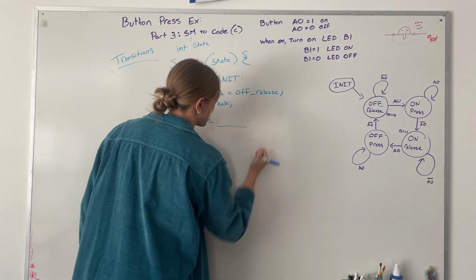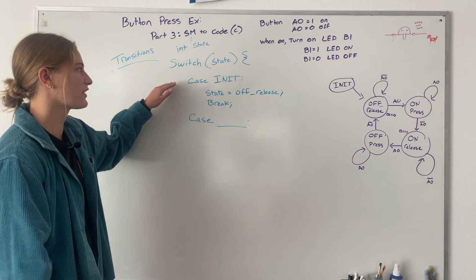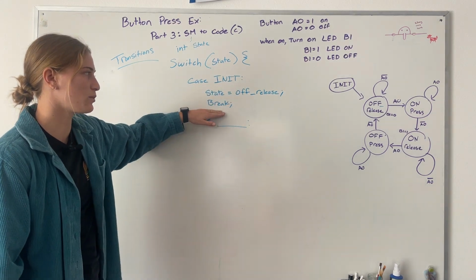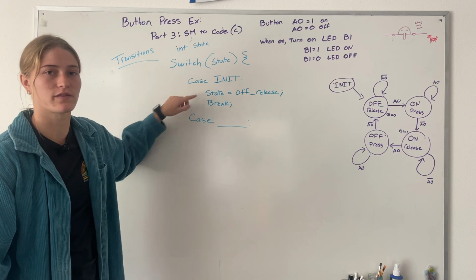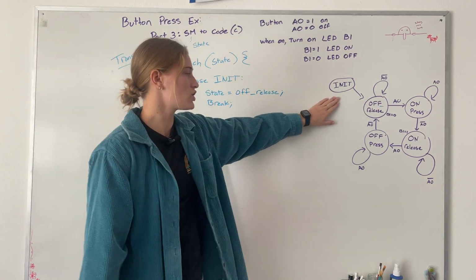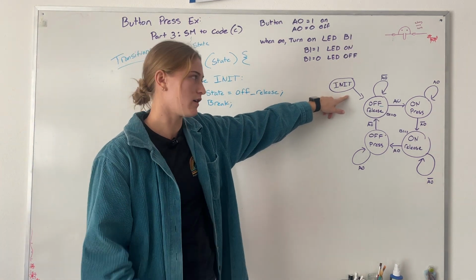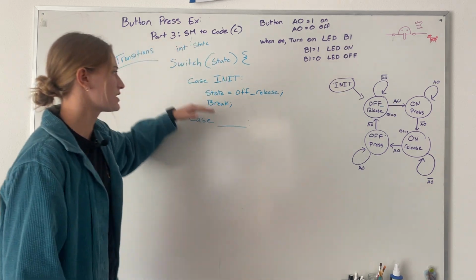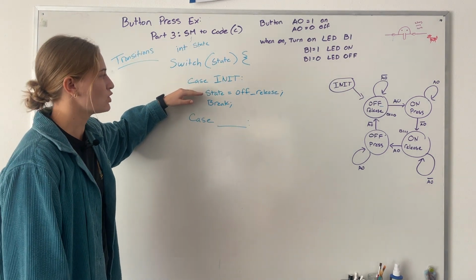Now we have our next case. And notice that we're going to be following the same format. We're going to have case for the state, end with a break. And this is all of the transitions from that state. So initialization only has one arrow coming off of it. And it goes straight to off release, which means that state becomes off release, and you only have one statement